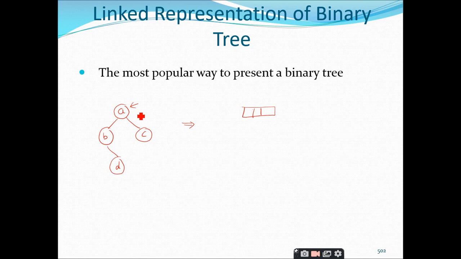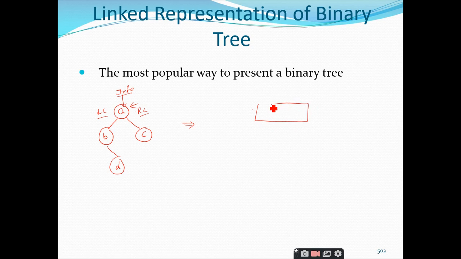But here if you consider this node in the binary tree, the singly linked list representation is not sufficient. Why? Because the first thing I have to store here is the information part, and the second thing I have to store in this node is the address to the left child, and the next part we are going to store is the address of the right child, right? So information part, left child and right child. To accommodate these three values, we need to divide the node into three parts, right? So is it clear up to this point?